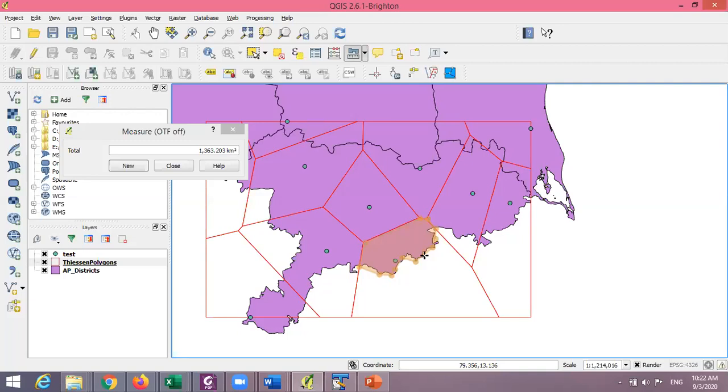Of course, if you do it for East Godavari district, you will have to go online and search for East Godavari district area or Visakhapatnam district area or whatever other district. Whichever district you choose, you can simply go to Google and search the area of that district. Google is going to tell you what the total area is. And in this entire procedure, if you add it all up, it should come to the total area of the district.